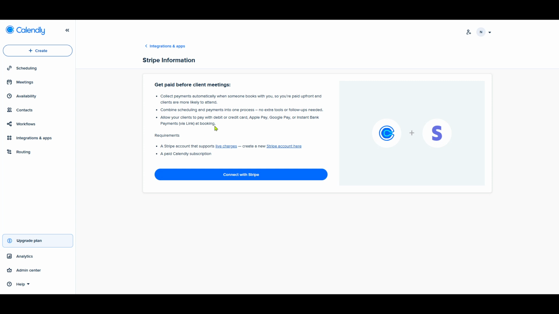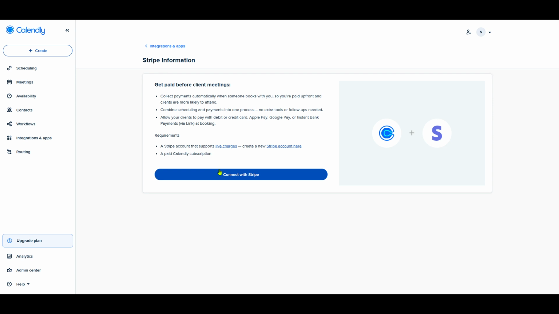Furthermore, after configuring Stripe, let's take a look into setting up how you want your meetings to take place. On the same page, look for Location among the options. Clicking on Location allows you to define where or how your meeting will occur, whether it's physically at a particular address or online. For online meetings, click on Zoom. Calendly can sync beautifully with Zoom, making it a preferred choice for virtual meetings. By linking your Zoom account, you ensure that all your meetings are directly scheduled with Zoom, saving precious time and